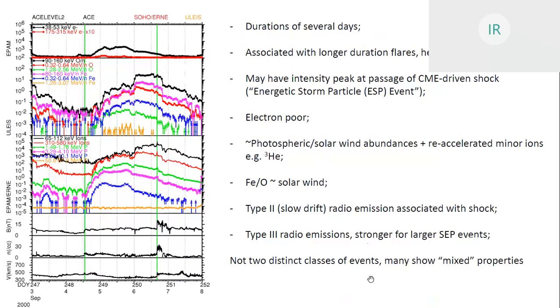But basically, these two classes are not actually distinct. They're a continuum of events, and these are the two extreme cases. And there are many mixed events, gradual events which, say, are enriched in helium-3. So that's a bit of a puzzle. Anyway, that's another part of the picture. Okay, so